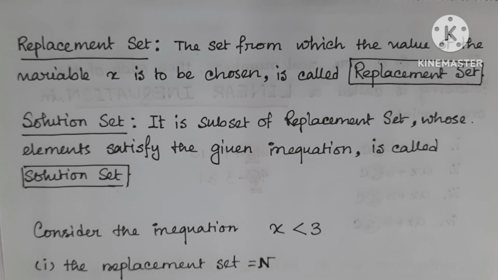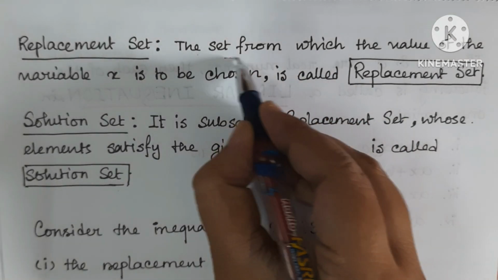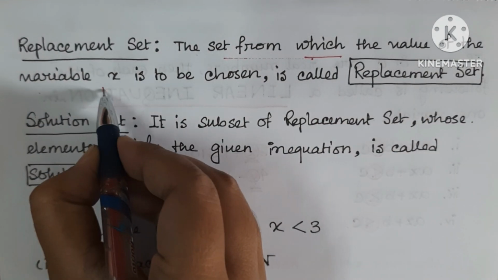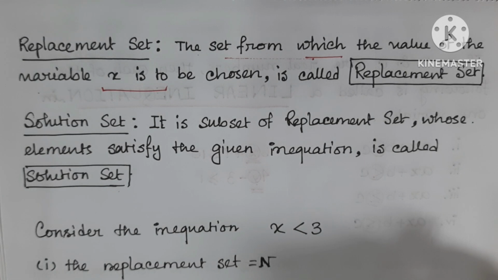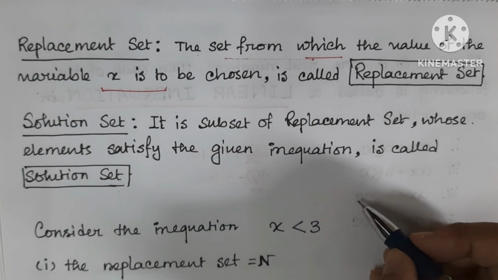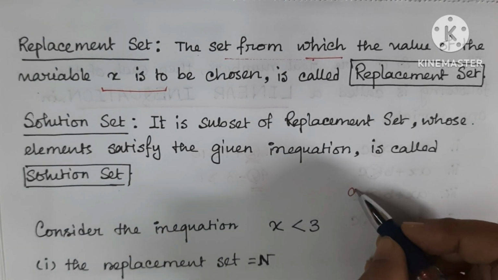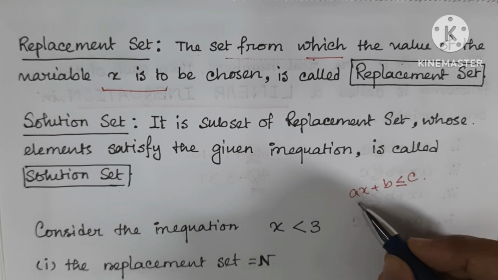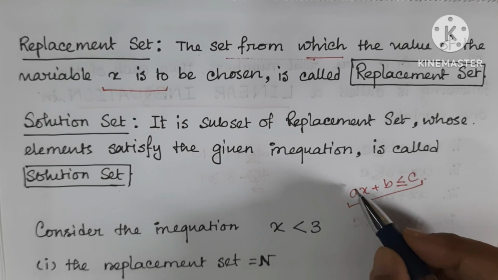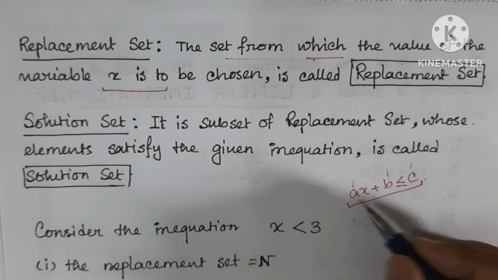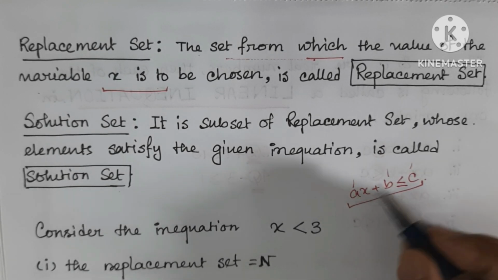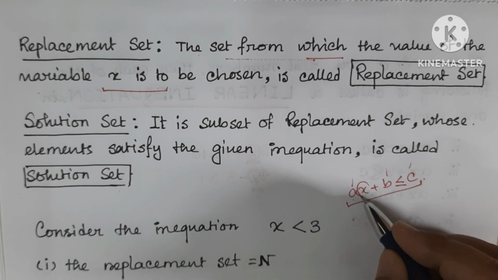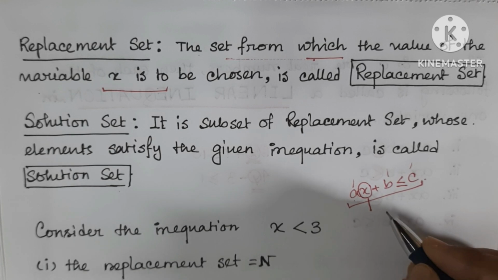So, what do you mean by replacement set? A set from which the value of the variable x is to be chosen. That means, if you consider an inequation like ax plus b less than or equal to c, in case of this you can say that a, b and c, they are constant terms. Here a is the coefficient of the variable x. Now, from where this x has been chosen,